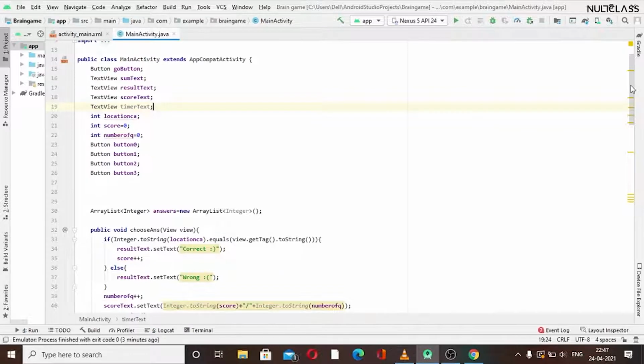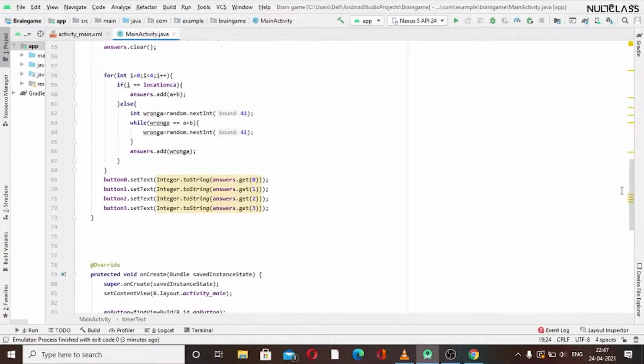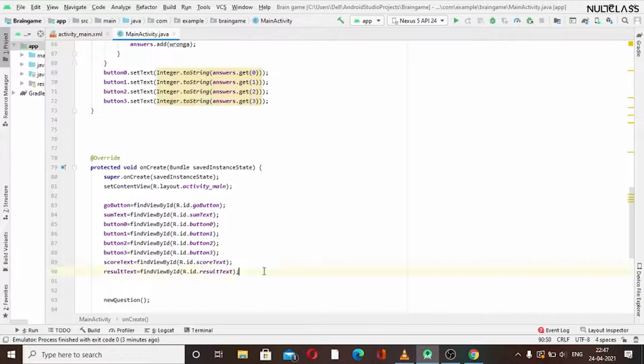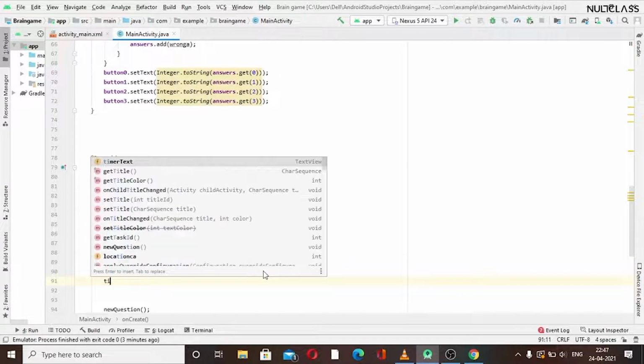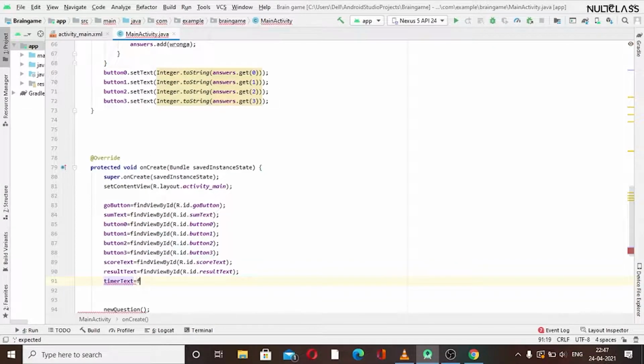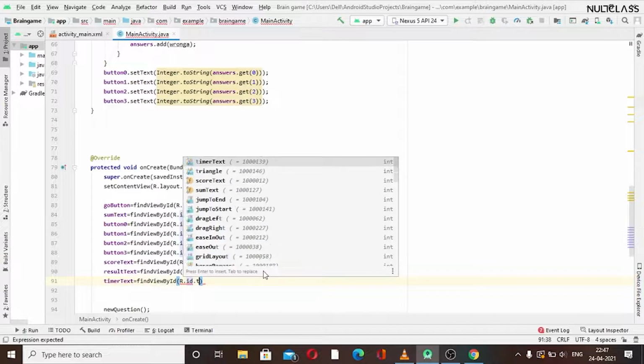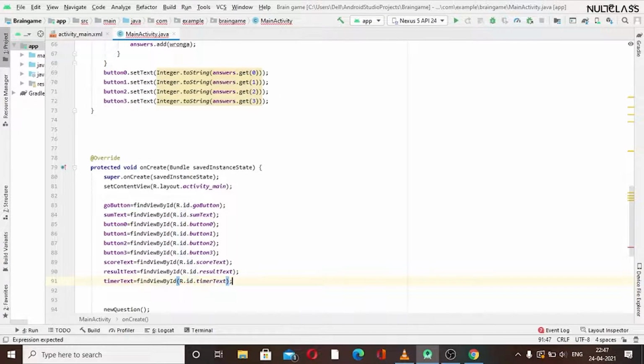So timerText is equal to findViewById R.id.timerText. Now this is declared, we can use this in our code.